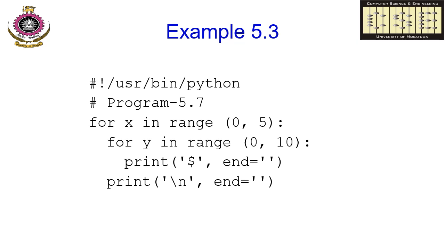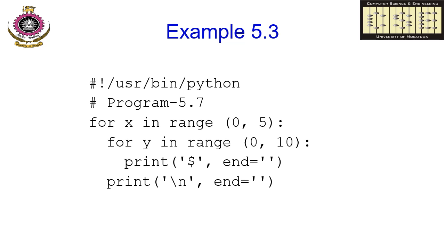And inside the inner for loop, the body will contain a print statement which prints a dollar, and you'll see that specifically the end argument, or the end parameter, is also defined, because by default if you just use print, it will append a new line character if you do not specify the end argument for the print statement. So we need to print the dollar signs one after the other, not one below the other, but one after the other in the same row. That's why we need to specify this end